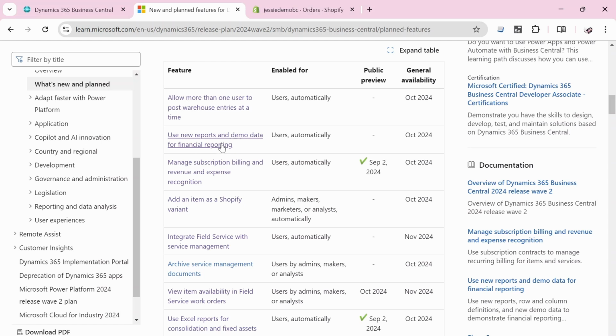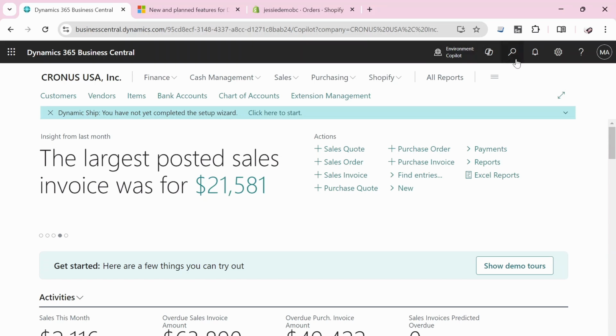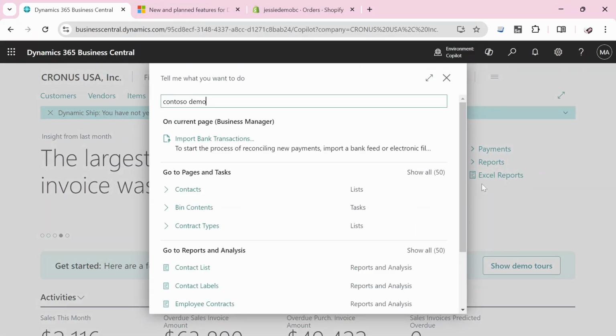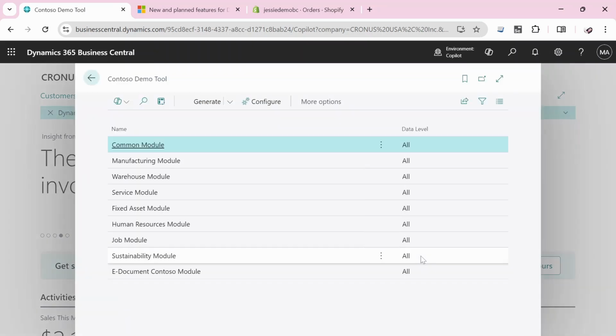some new reports introduced for financial reporting. Actually, you can go to there's a demo tool called the Contoso demo tool. When you go to this demo tool, there's a bunch of things you can see here for different modules in Business Central. You could see we have all the modules applied, the demo data applied here. But if you didn't, then you can say generate, and you can generate the setup data for that module you want to see the demo data. So with this tool,